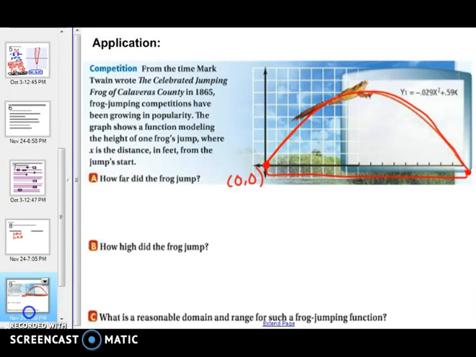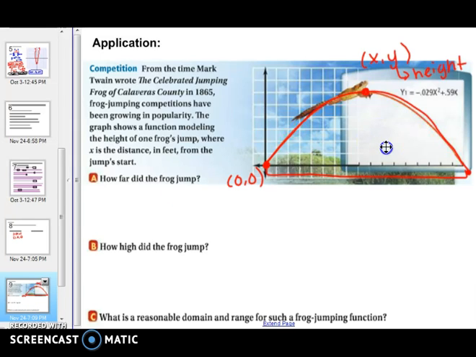that he went. Part B says how high did the frog jump? So that's the vertex. We want to know how high he jumped. So when we have our vertex, x and y, we want to know how high he jumped. So the y is actually going to be our height. And the x is just the horizontal distance he's jumping, but the actual vertical height is going to be the